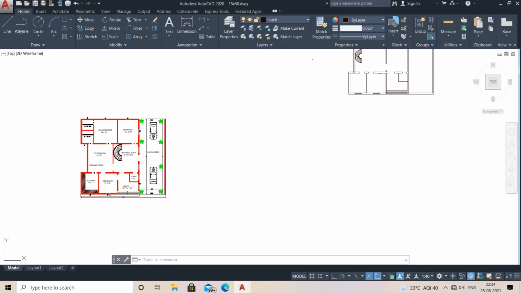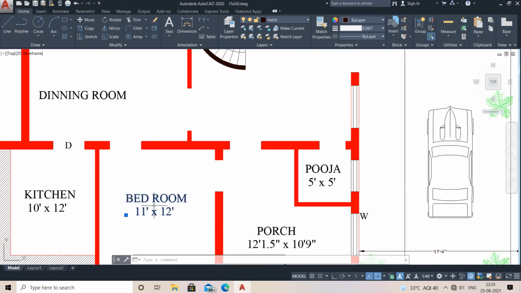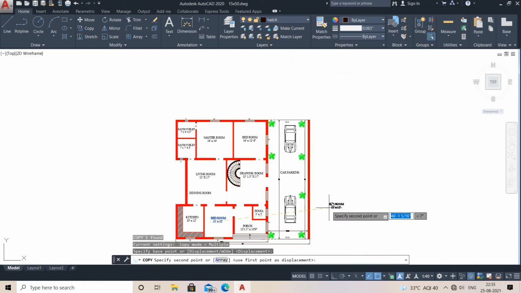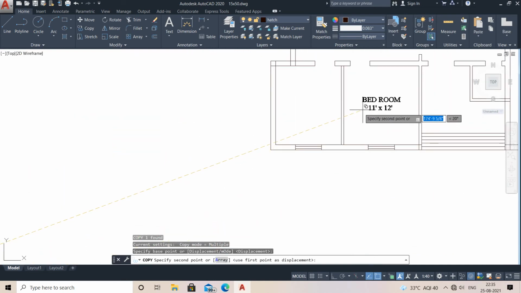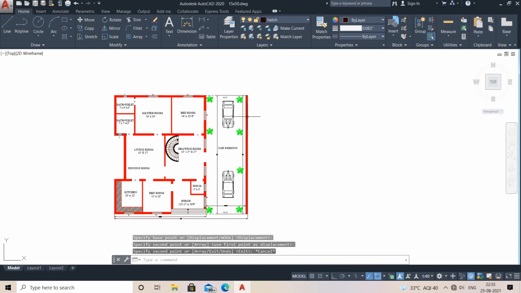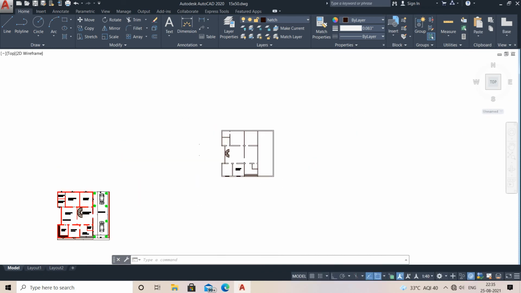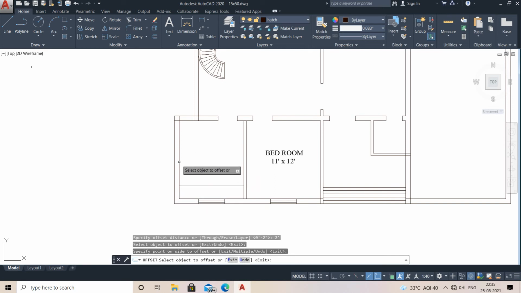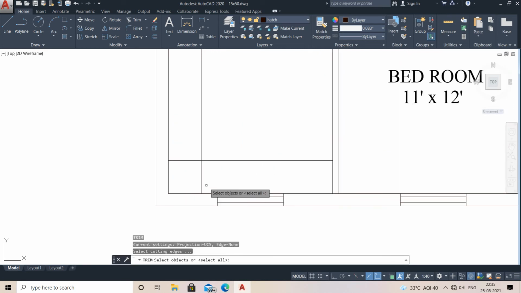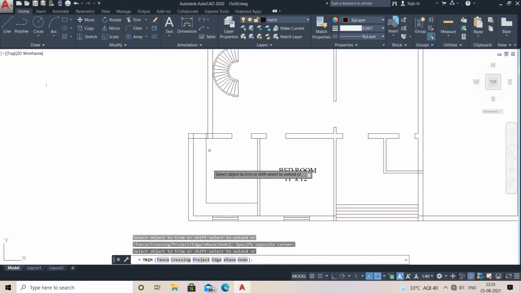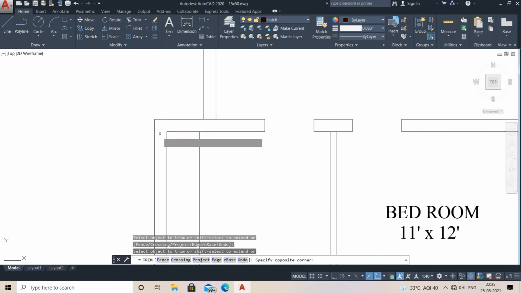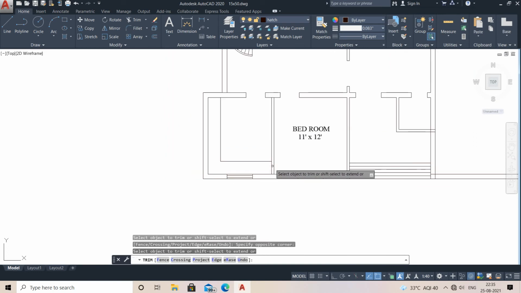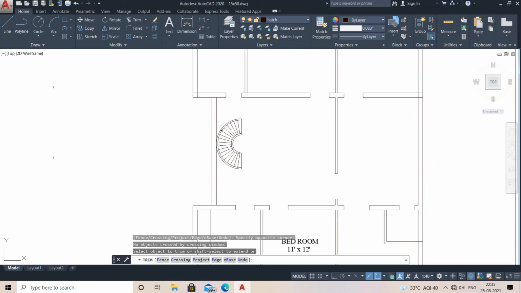So here I have already drawn, right? So I'm just taking the copy and paste. So this I'm just copying here. You can also do it simply. So one thing I have missed over here, go for offset of 2 feet for the kitchen platform. So here I have made it. Now go for trim. Just trim it here. Just trim it simply. After that, what you need to do,